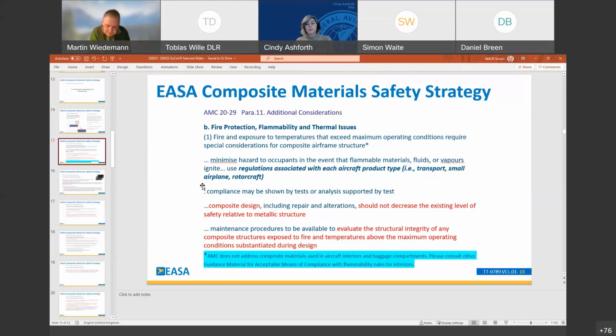But Jeff would know, the question of can we use analysis for fire regulations, be it interior flammability or fireproof, fire resistance as required. I don't think we do. Jeff, you want to elaborate on that? Yeah, I'll say a couple things. So far, there is no analytical substitute for the flammability and fire tests themselves. We have used, and we do use,